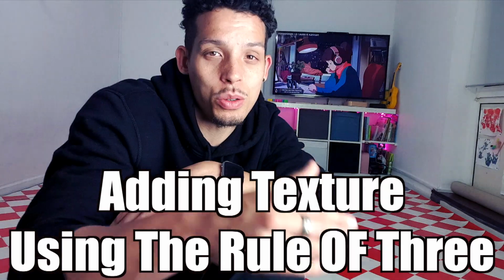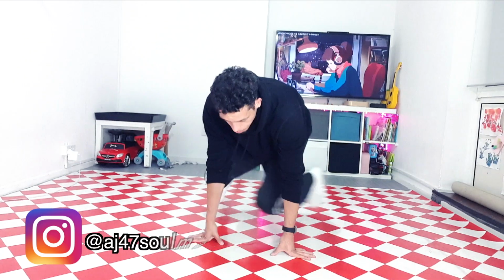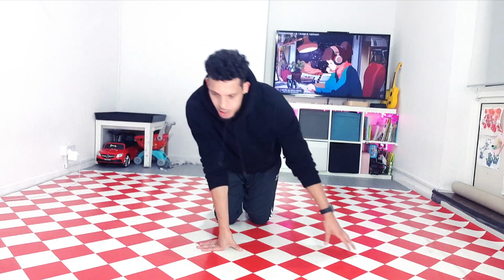Right, in today's tutorial, we're going to be adding a little bit more texture into your basic footwork steps. So you've got footwork, you've got a few steps. Say you've got a 6-step and a 3-step, okay? But you want to have some more moments that look a little bit more unpredictable, less readable, and a little bit more free. So let's take the 2 steps, the 6-step and the 3-step, and we'll go to the point